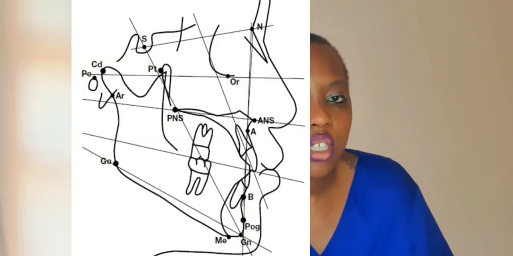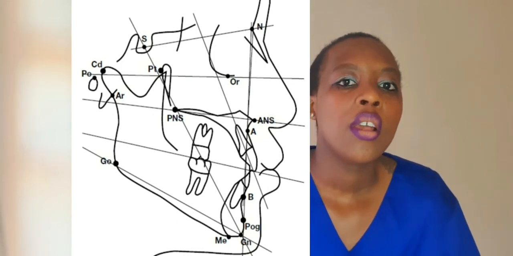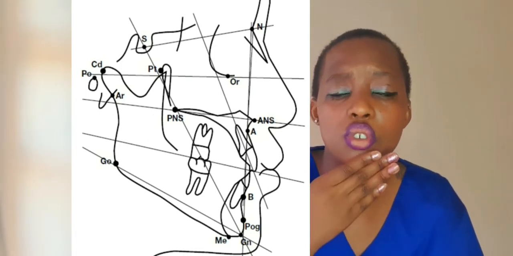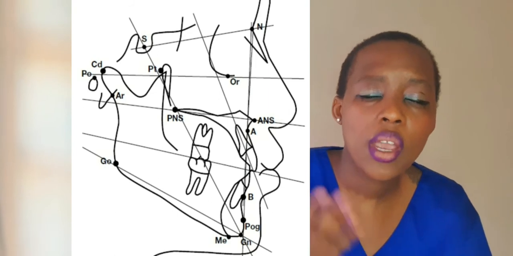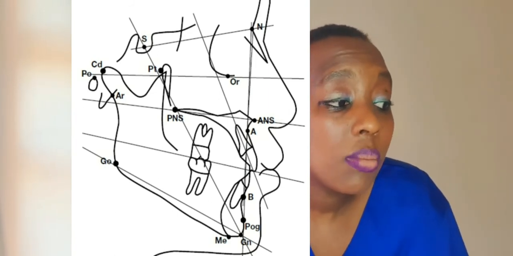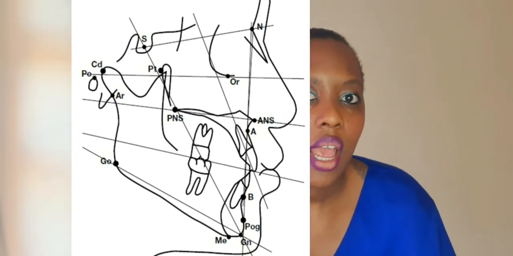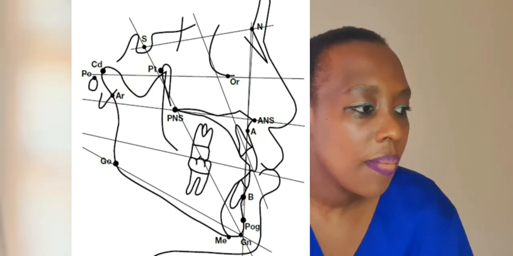Then from there we'll talk about the cephalometric analysis. We basically use anatomical landmarks of the patient's structure to see how the patient is growing, analyze how the patient is growing, and then incorporate that into our treatment plan. We will discuss this at a later stage as we go along. Okay, then from there we have our